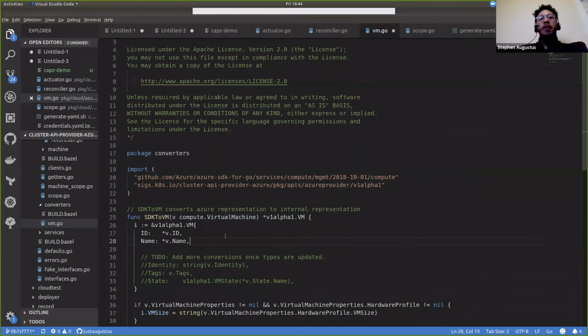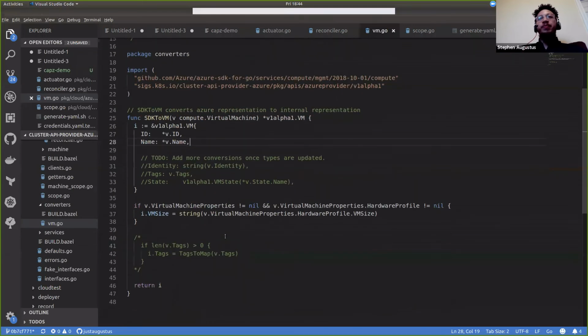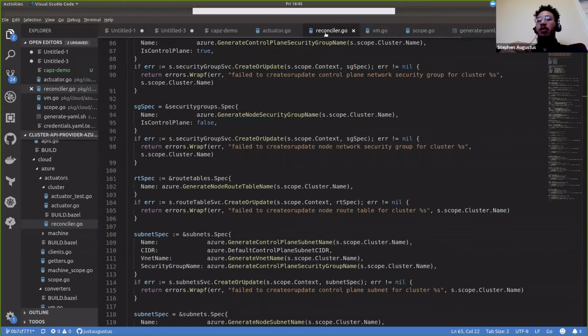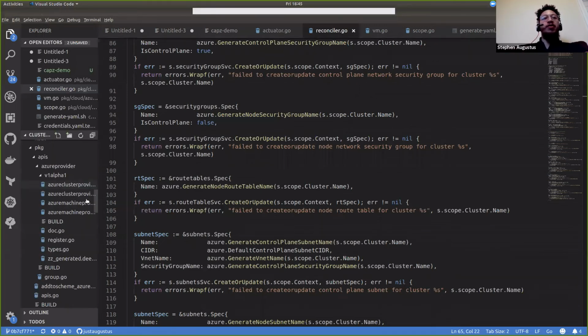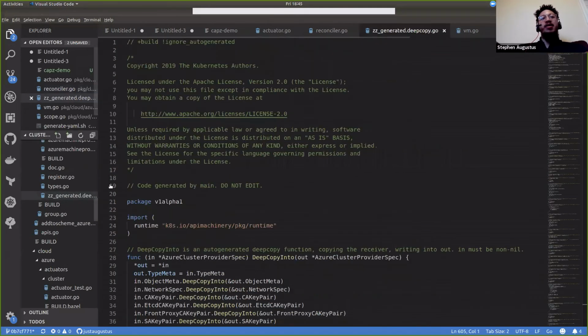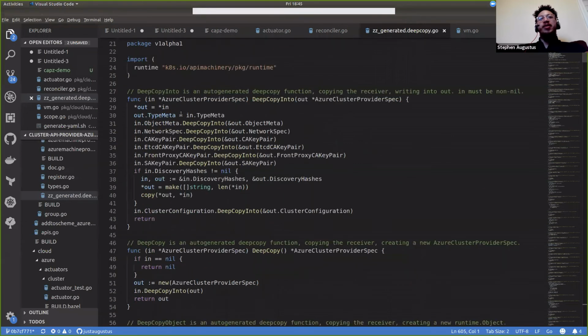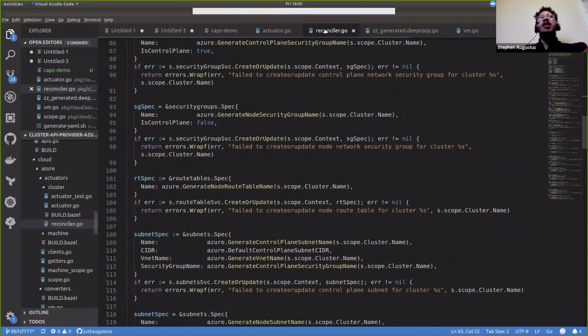So we have converters here. Some of this is not wired up yet, but essentially what the converter is supposed to do is convert to our concrete internal representation of what that type should be. Ace, the stuff that you were running into, if you're still on the call, is within this ZZ generated deep copy file. A bunch of the types expose deep copy and deep copy into methods for each of these types. After the conversion, I want to deep copy that information back into the scope,